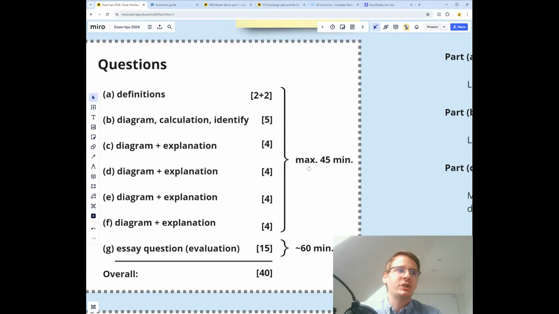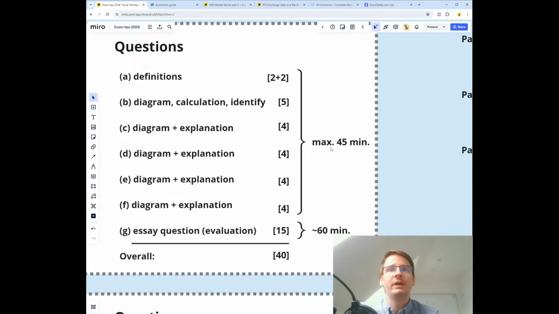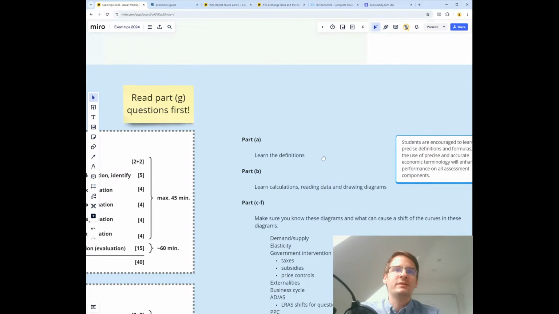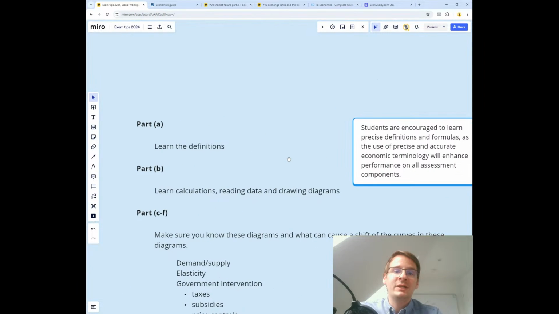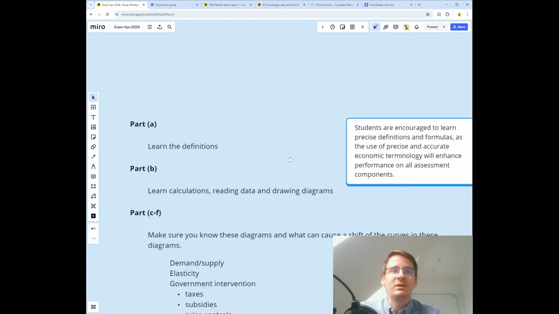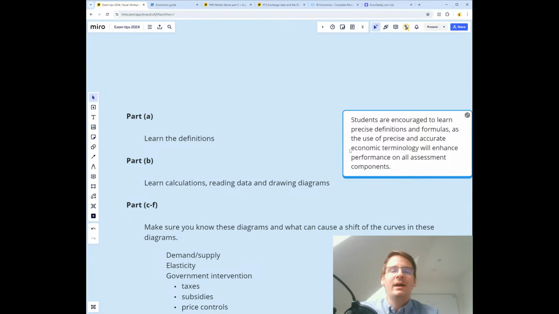My suggestion is not to spend more than 45 minutes on the first short response questions. I really think it's doable even in less time. And so here's my advice about these. For part A, definitions, the advice is to just learn the definitions, okay? I'm not saying that you can